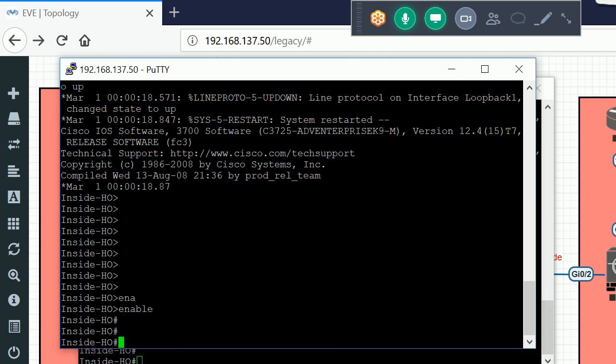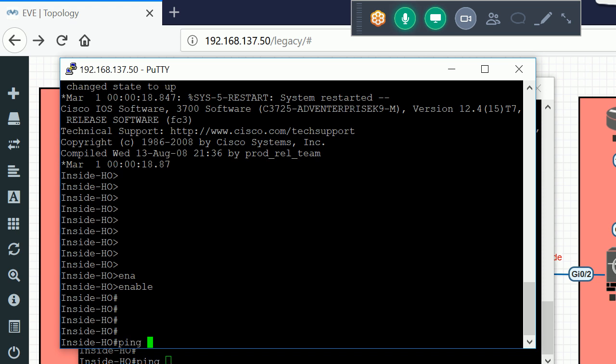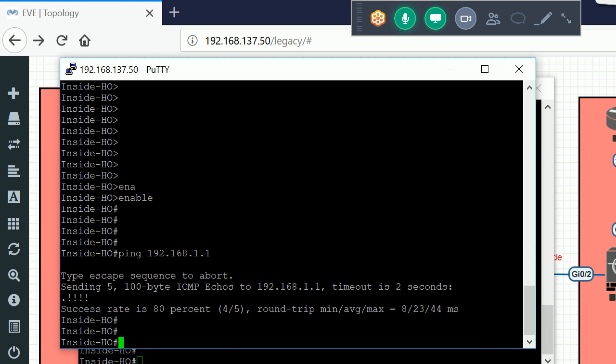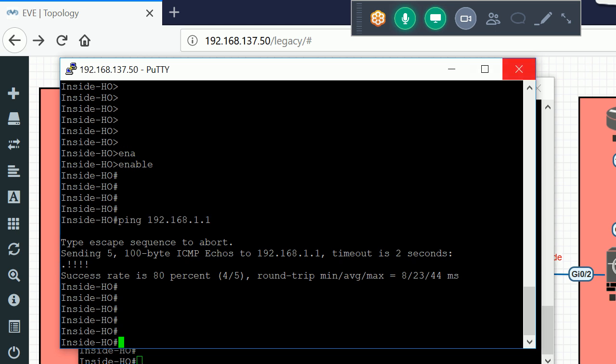Let me try to ping the 192.168.1.1. So I am able to ping. Okay.